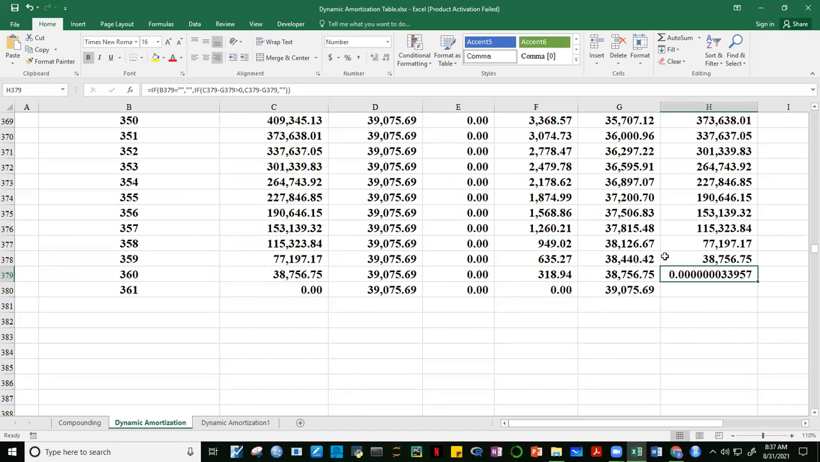Ayun, guys. So yung previous balance, it's not actually zero, no? Tingnan niyo, may very very small amount pa. So what we can do is let's